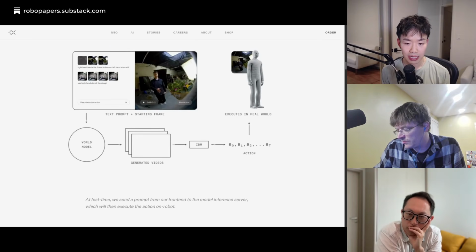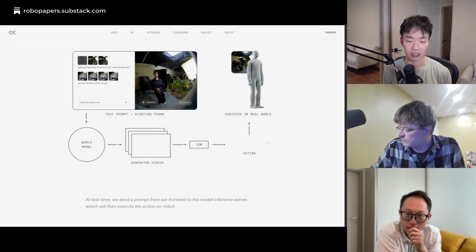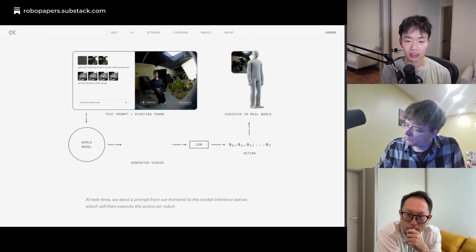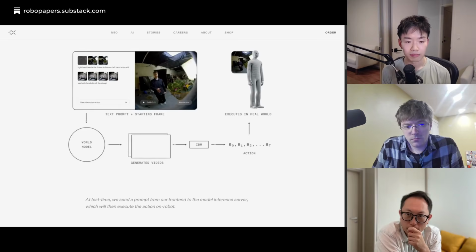The IDM is actually the much more stable thing to train. You can imagine the reason is that you could train the IDM on every single robot log you've collected, no matter if it's teleop or autonomous, no matter if it's good or bad. The IDM basically says that from any starting frame, if you take any action, you get to any kind of next frame. Another way to say it is, given any two frames with any quality of action in between, you can just draw the bridge between those two frames. So it's a really robust way of training that's really well specified, and it's able to handle everything. It converges very well.